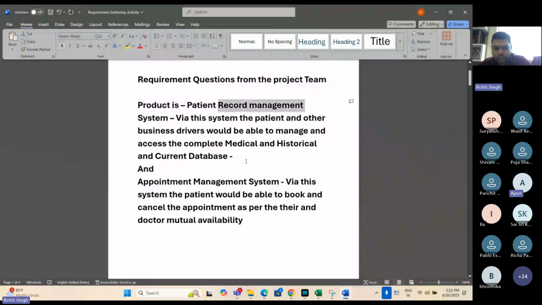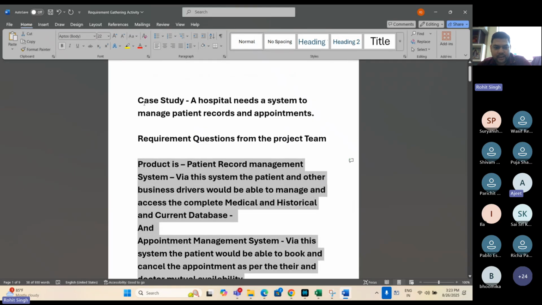This is the main feature, the main module, or let's say the main product. Under this product there will be multiple modules. Under modules, there would be separate epics. Under epics there would be separate sprints, and under sprints there would be separate features and their functionality. We will do the work breakdown structure later, but this is about requirement gathering. So I am just explaining the current feature as per the case study.